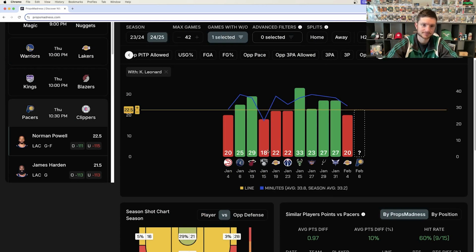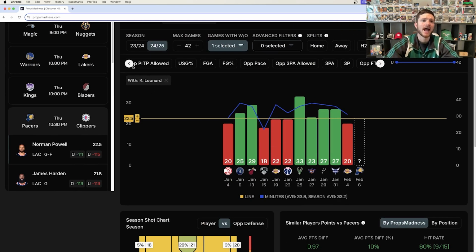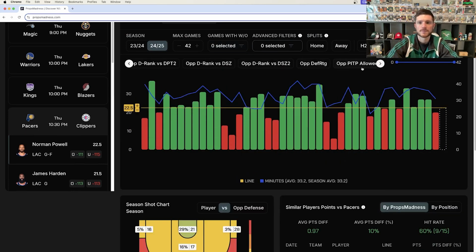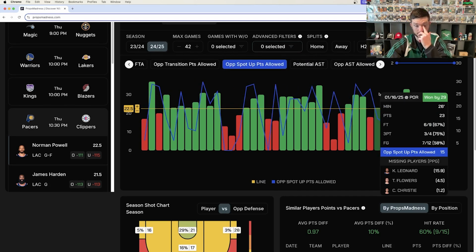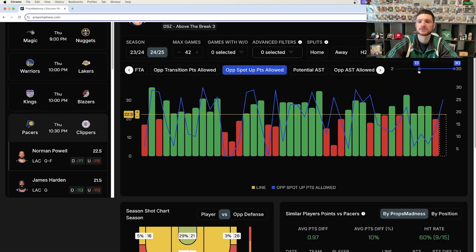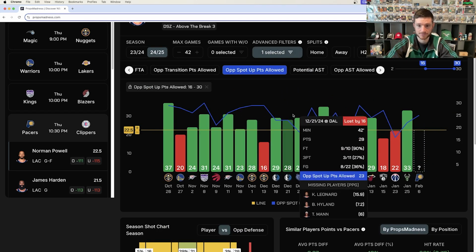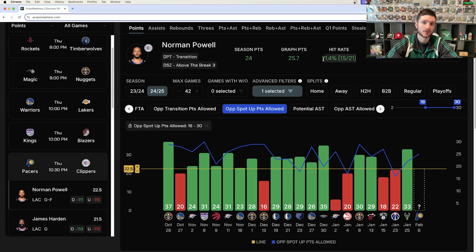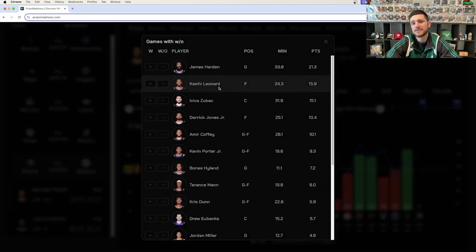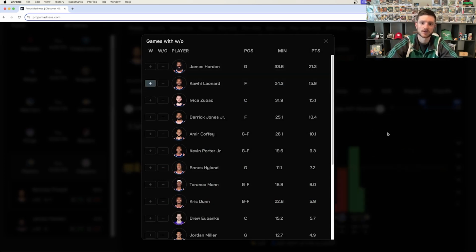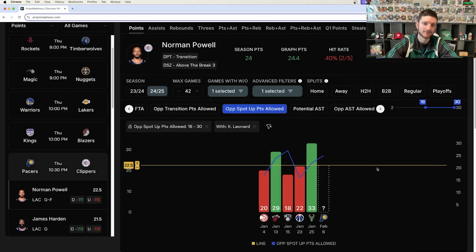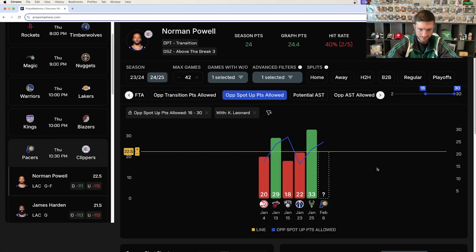So we can see, all right, well, how does Norman Powell perform against teams that are bad at guarding spot-up shooters? You can look at opponent spot-up points allowed. We're going to look at bottom half matchups, 16 to 30, teams that are below average. Well, that hit rate is 71%, averaging roughly 26 points per game. Okay, but how many of those games did Kawhi Leonard play? Well, let's look. With Kawhi Leonard, it's only 2 of 5, which is a little bit scary,